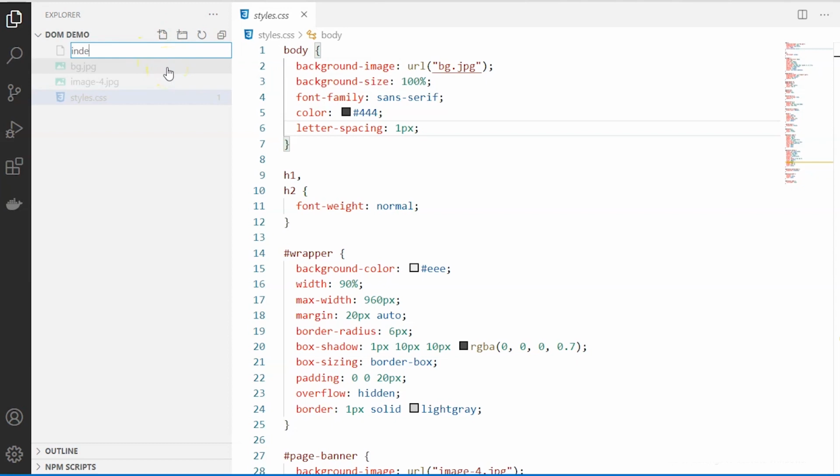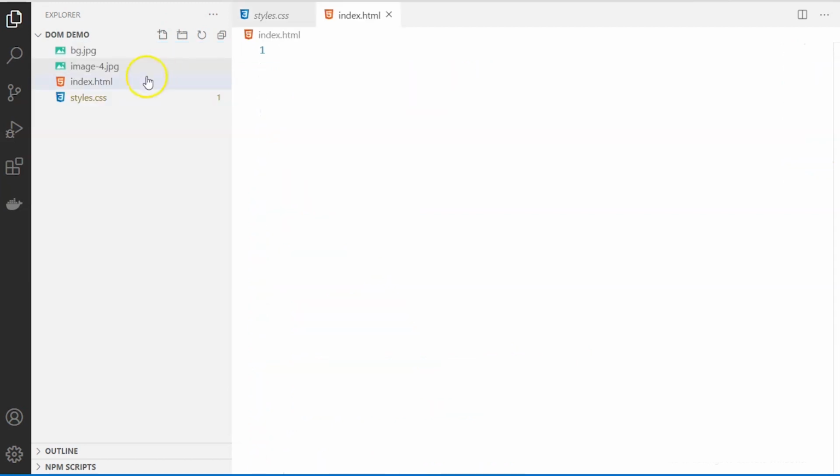Let's give this the name index.html, and you can see the icon gets magically changed over there. I have a corresponding extension which automatically updates all these logos.